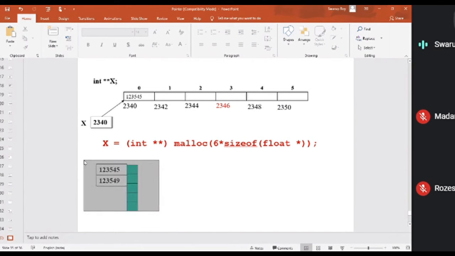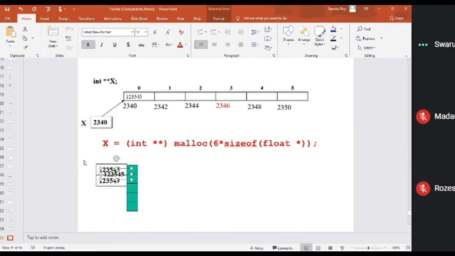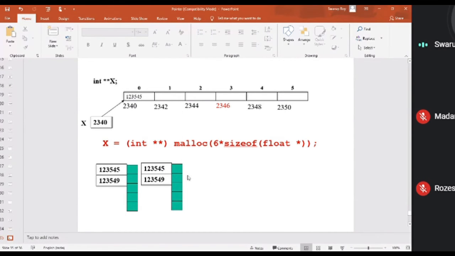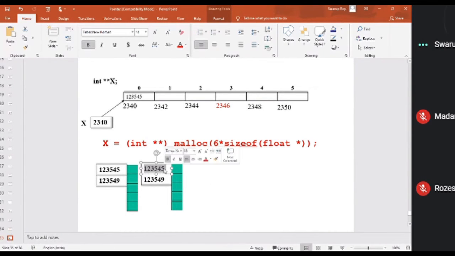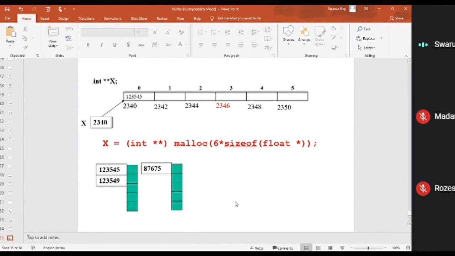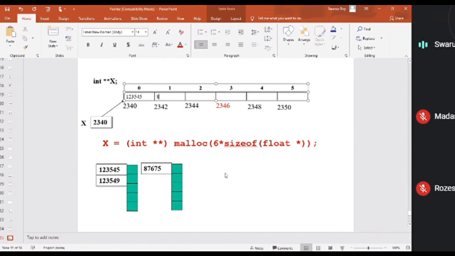Similarly, I can create one more memory which has a different address, 87675. I'm not writing all those here, only the base address. So this one is going to be 87675.